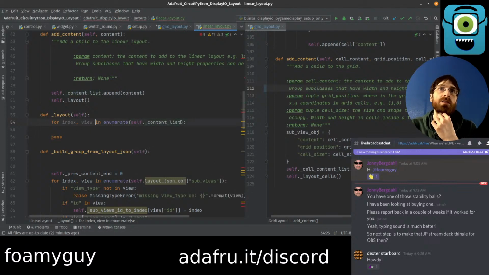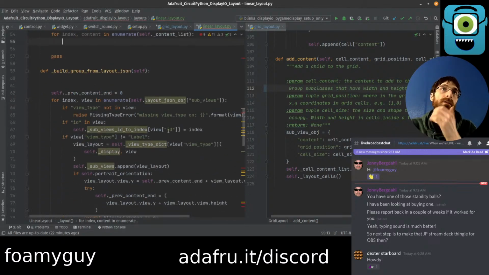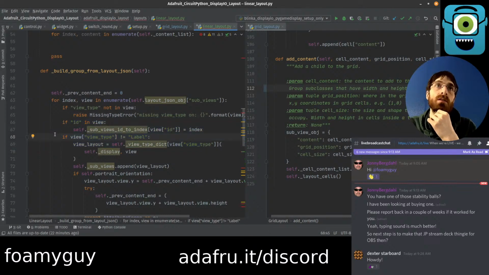So for index view in content list, we'll call this content. Okay, we don't care about view type. That's a JSON thing. We don't care about ID. What is this doing? If it's not a label,